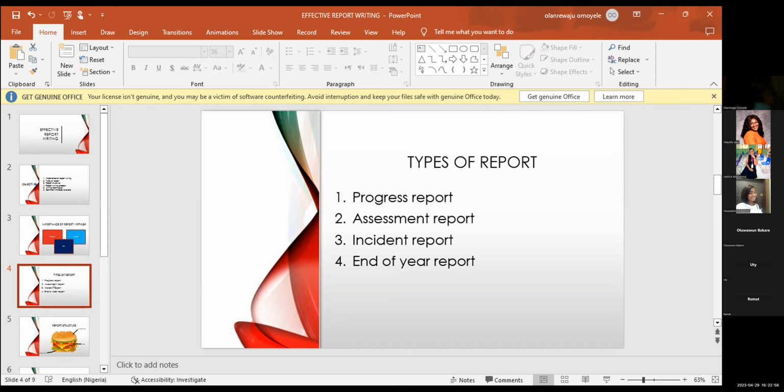How should we help this child? Do we need to be structured? Do we need to be planned? Do we need to be strategized? Do we need to look at our scheme or our lesson delivery or look at our teacher? Progress report is what is important. So you do that every week.